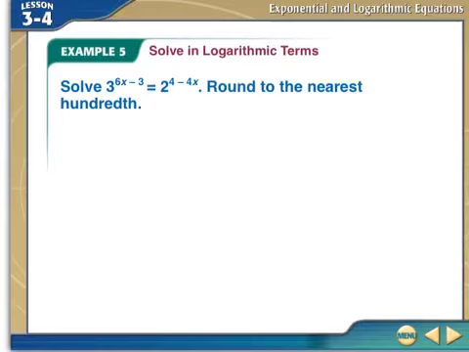In example 5, we're asked to solve 3 raised to the 6x minus 3 is equal to 2 raised to the 4 minus 4x. And we're asked to round our solution to the nearest hundredth. Now, like in the last video, anytime we are solving for x, and x is part of our exponent, hence solving an exponential equation, we are going to first start out by taking the logarithm of both